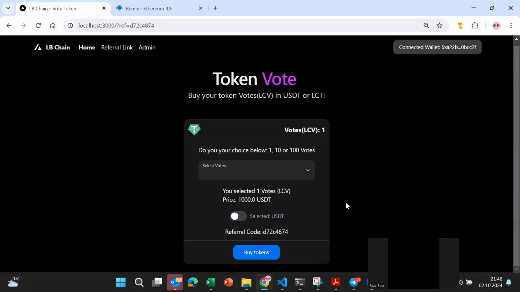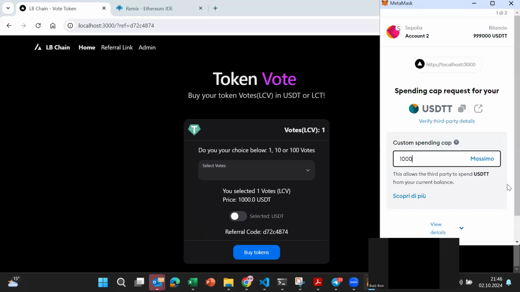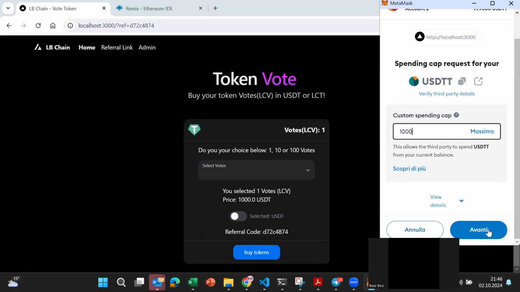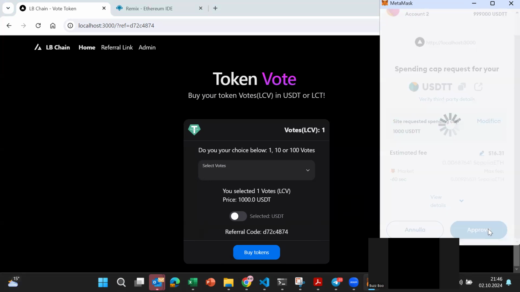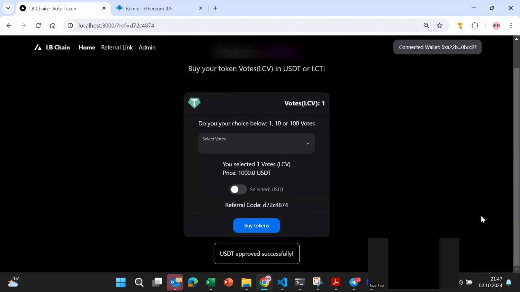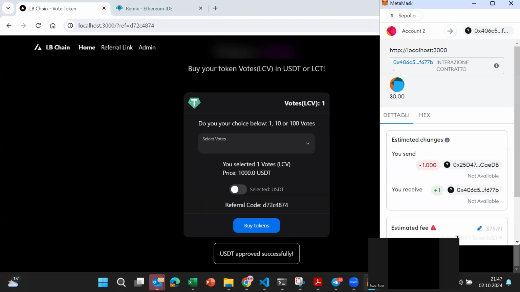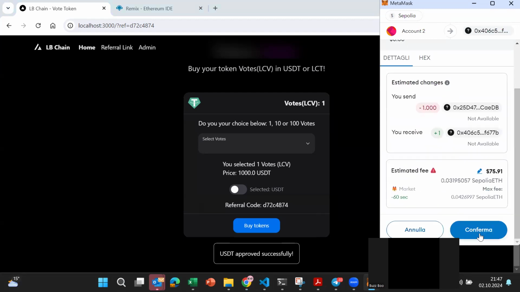There is an acceptance. And then let's start with the approval for the spending of USDT. The purchase can only be made through referral links, ensuring that every transaction is linked to a referring user. So let's check the transaction feedback below. And now there is the confirmation for the